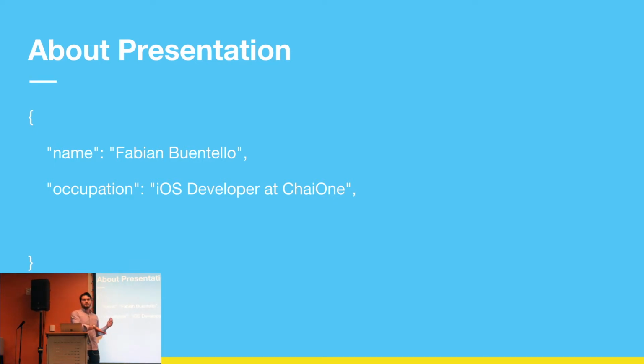At Chai1 here in Houston, we're a digital innovation agency. Most of our clients are in the enterprise space. What's really cool is because I work on those type of projects, I come across some really interesting problems that a lot of average developers won't come across. Things like some of the topics I'll be talking about today, things like architecture. Before I didn't know anything about it, now I'm very, very comfortable with them.